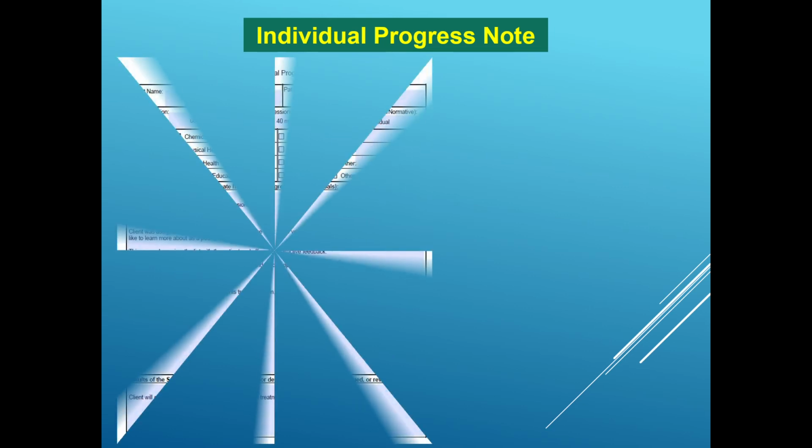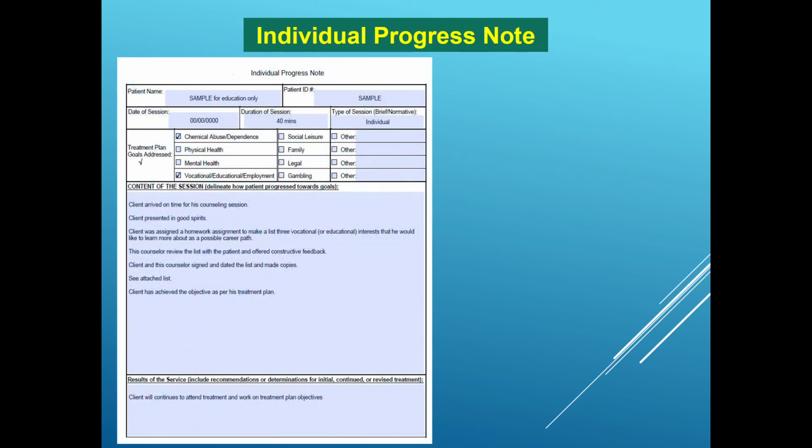I'm going to give you an example of an individual progress note that reflects what we said we would do in the treatment plan. So there is a reflective relationship between the treatment plan and the progress notes. So we're in the counseling session with our patients now. And here's a sample of a progress note for a made-up patient. This is an imaginary patient. Let's call him Mike Jones. So Mike Jones, we're in an individual session.